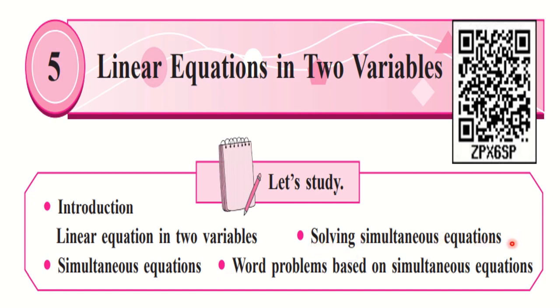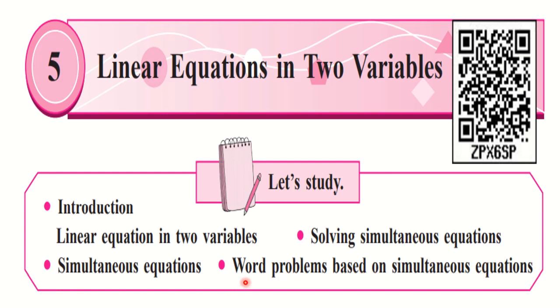In 9th standard, you have two different methods to solve the simultaneous equation. But because of COVID-19, one method is omitted. You are going to use only the first method, that is the elimination of variables by equating coefficients. The second method is the substitution method, which you are going to omit. You are not going to use it. No questions will be asked on the second method for evaluation.